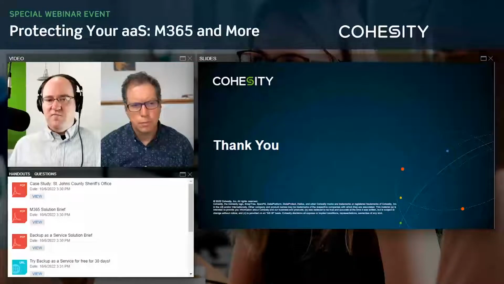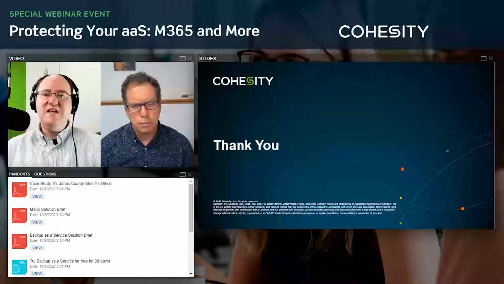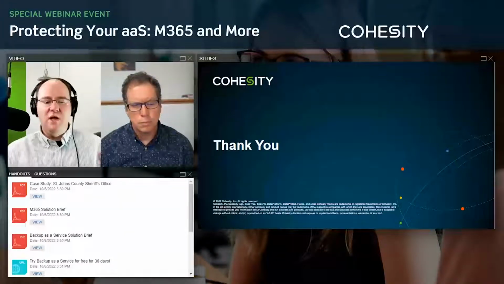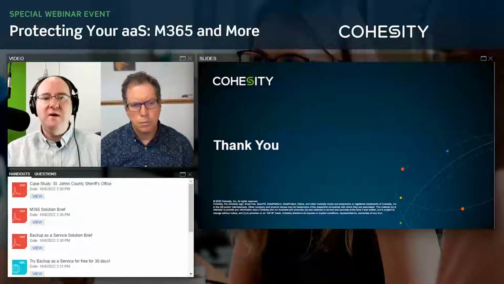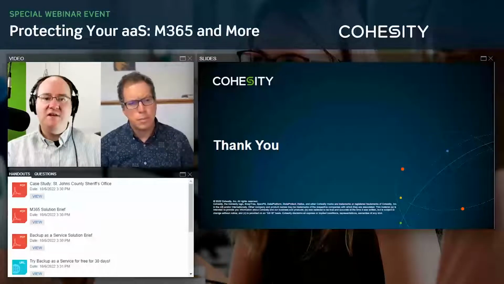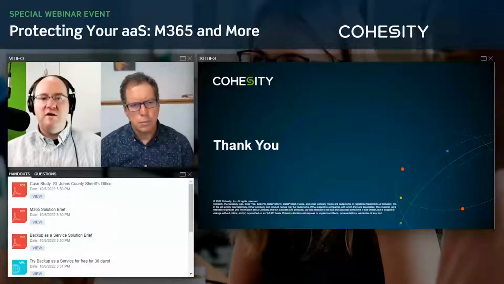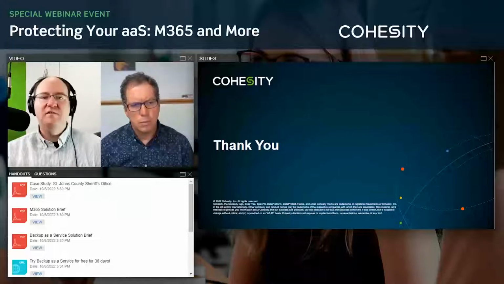And depending upon the different solution, as we went through in the demonstration, there are some solutions like Teams. There's other metadata like the user information and things like that. So it's on a per solution basis inside of the M365 portfolio as far as what we're actually backing up and what we're actually recovering. Now, there's certain things that may or may not work right now, basically either due to API limitations or because they're in development from a Microsoft perspective for new features that we wouldn't have direct access to until after it's been released, as an example.